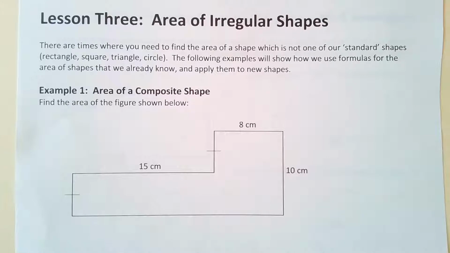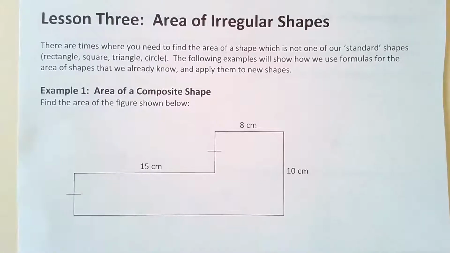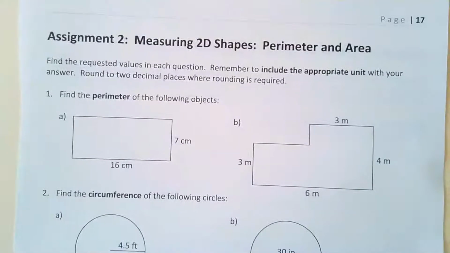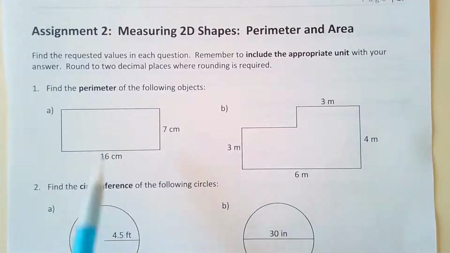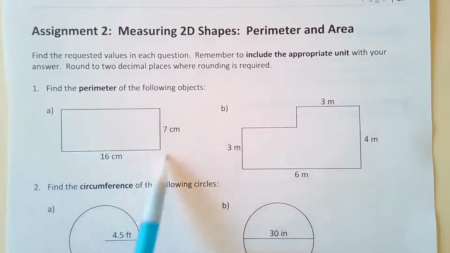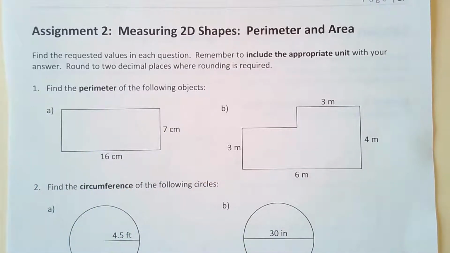In lesson 3, we are determining irregular shapes. In the previous lesson, we found the perimeter and area of what we call our standard shapes: rectangles, squares, triangles, and circles. If I were to look at some of the assignment questions, we found the perimeter of a rectangle, the distance around the rectangle, and we said